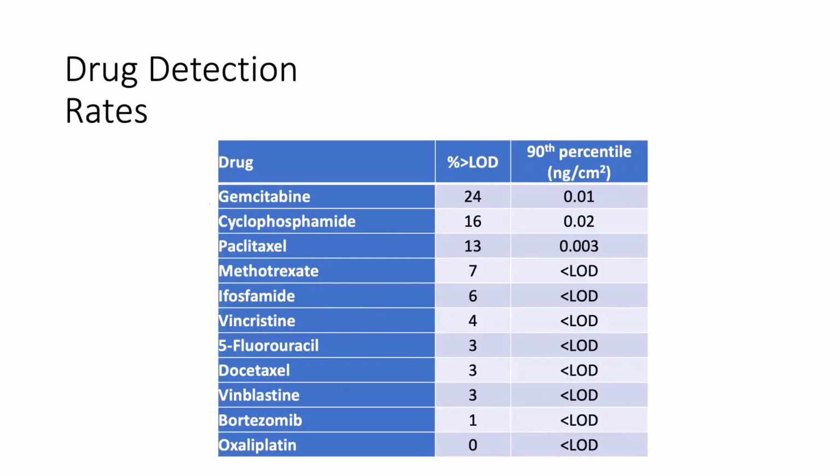And indeed, when we look at the 11 different drugs that we were testing for, you can see that the percent above the limit of detection was highest for a drug called gemcitabine. It was about 16% for cyclophosphamide. Now, cyclophosphamide, or CP, is widely used as the indicator drug in most other studies. And then we also looked at paclitaxel, that 13% of our measurements contain paclitaxel, and then so on down through